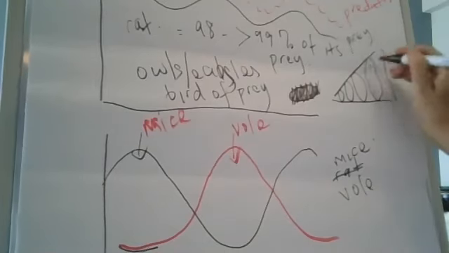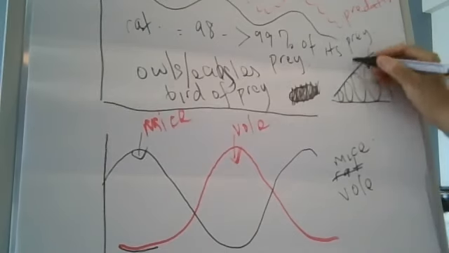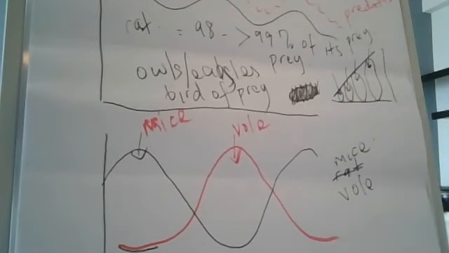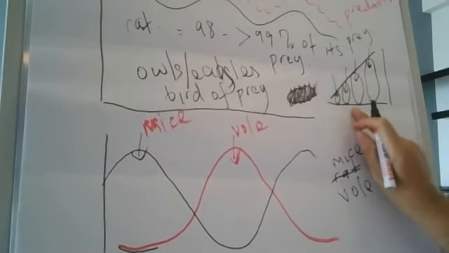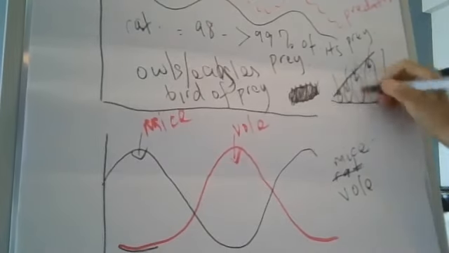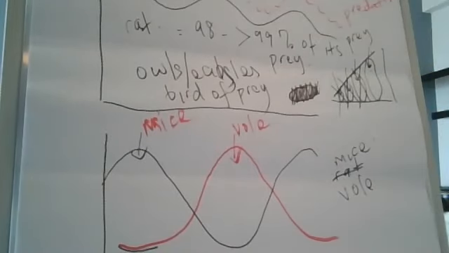Sebab dia berdiri paling tinggi, dia menganga, dia dapat makan sampai dia kenyang. Tapi disebabkan tikus banyak, yang ini pun dapat juga. Yang ini pun dapat juga. Yang ini pun dapat juga. Last, semua hidup. Nah, kalau tikus tak banyak, what happen? Yang ini saja dapat makan, yang ini tak dapat, ni tak dapat, ni tak dapat. So yang hidup, 1.